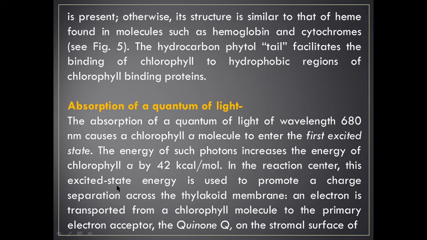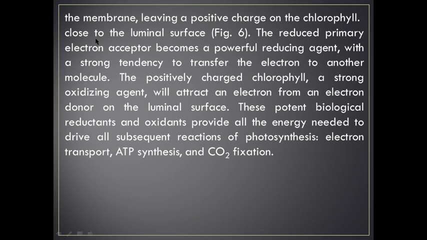This excited state energy is used to promote a charge separation across the thylakoid membrane. An electron is transported from a chlorophyll molecule to a primary electron acceptor, the plastoquinone or quinone, on the stromal surface of the membrane,